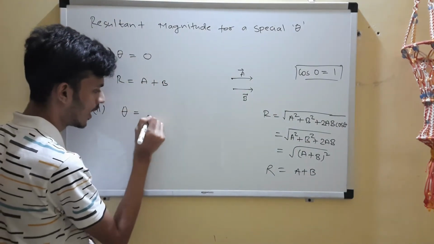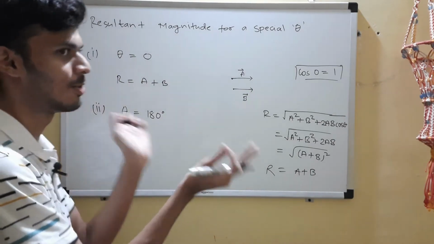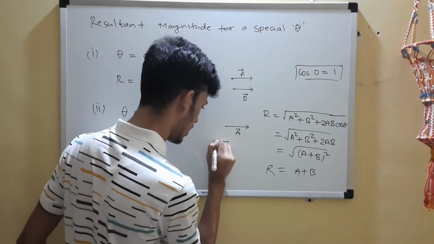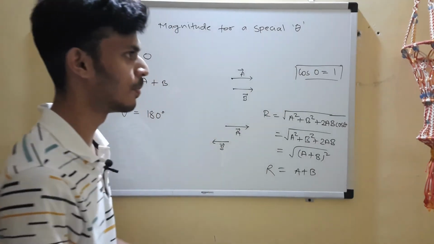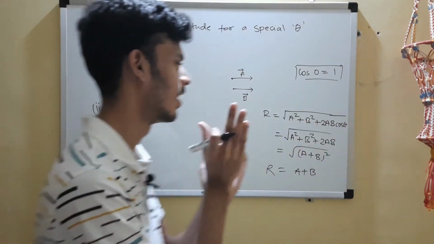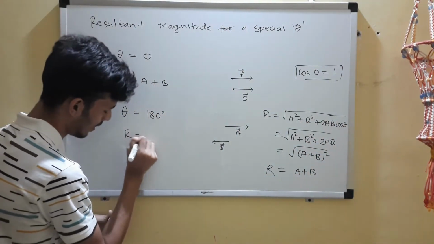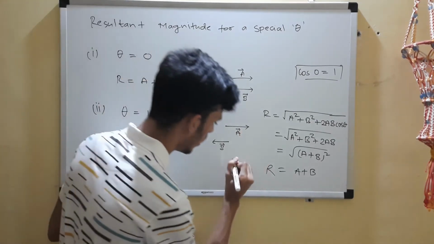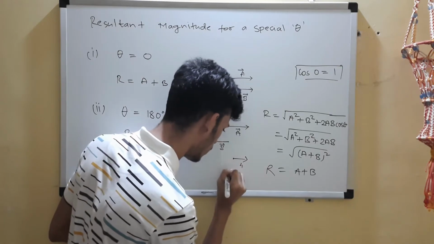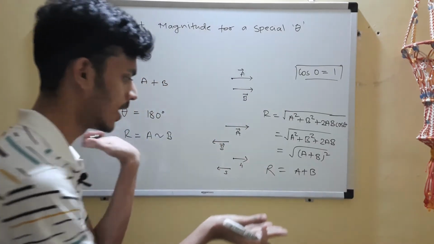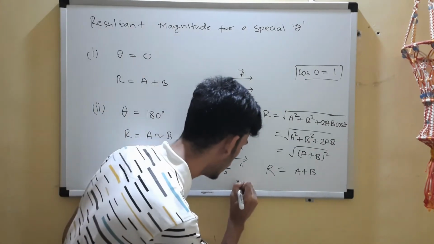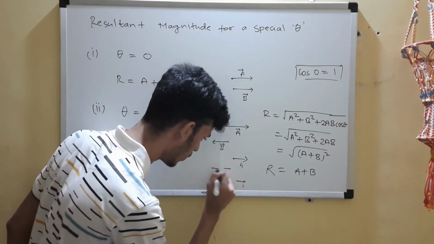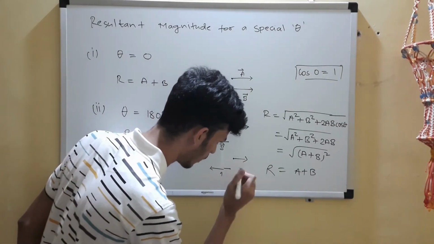Now coming to the second case in which they are opposite to each other, 180 degrees, right? If a is in this direction, b will be in the opposite direction. So you might have guessed it, now it will be a minus b, right? A bit wrong you are, but yeah, I'll accept that. I'll say a difference b. I'll give you a feel for that. Suppose a was 4, b was 3. So 4 minus 3 is 1 in the direction of a. Now if b was 4 and a was 3.